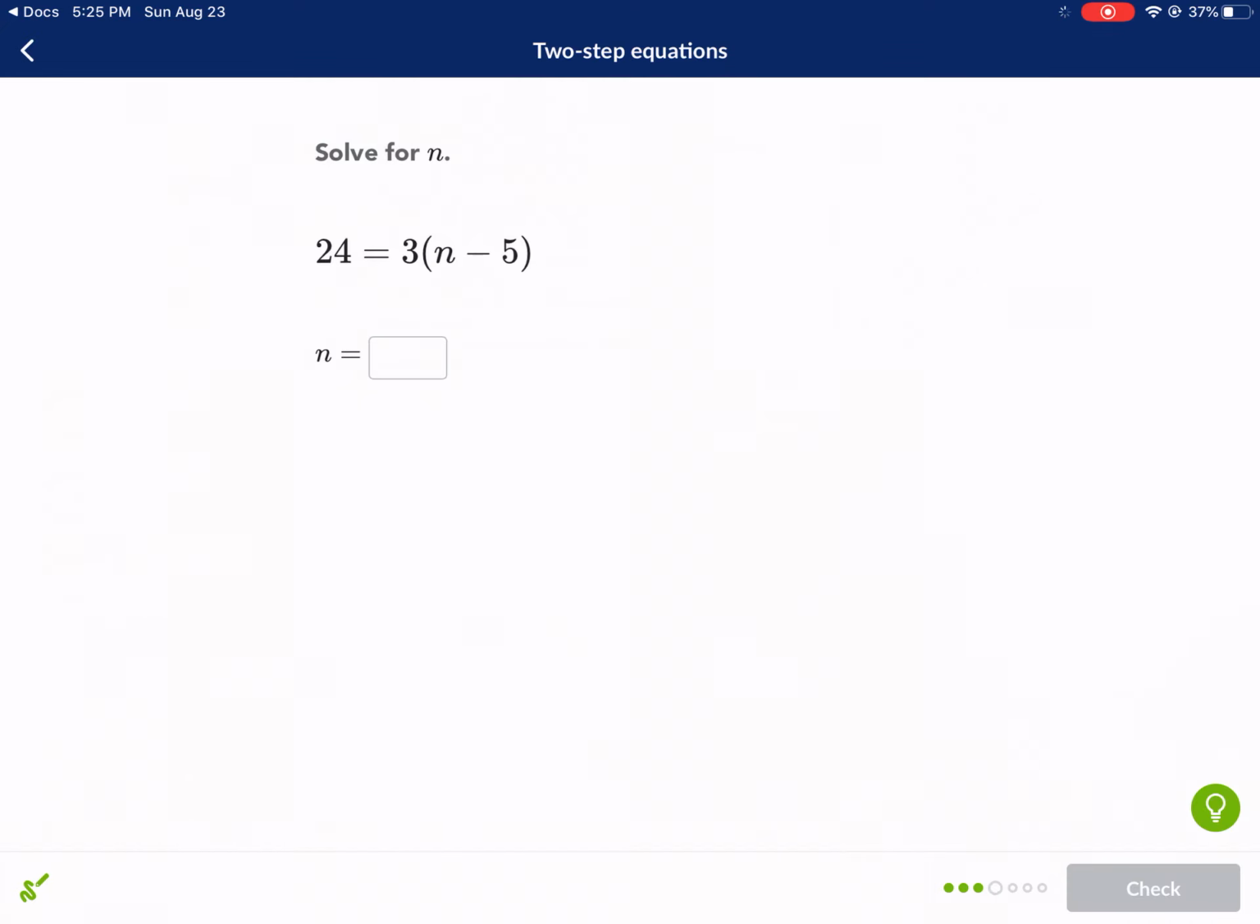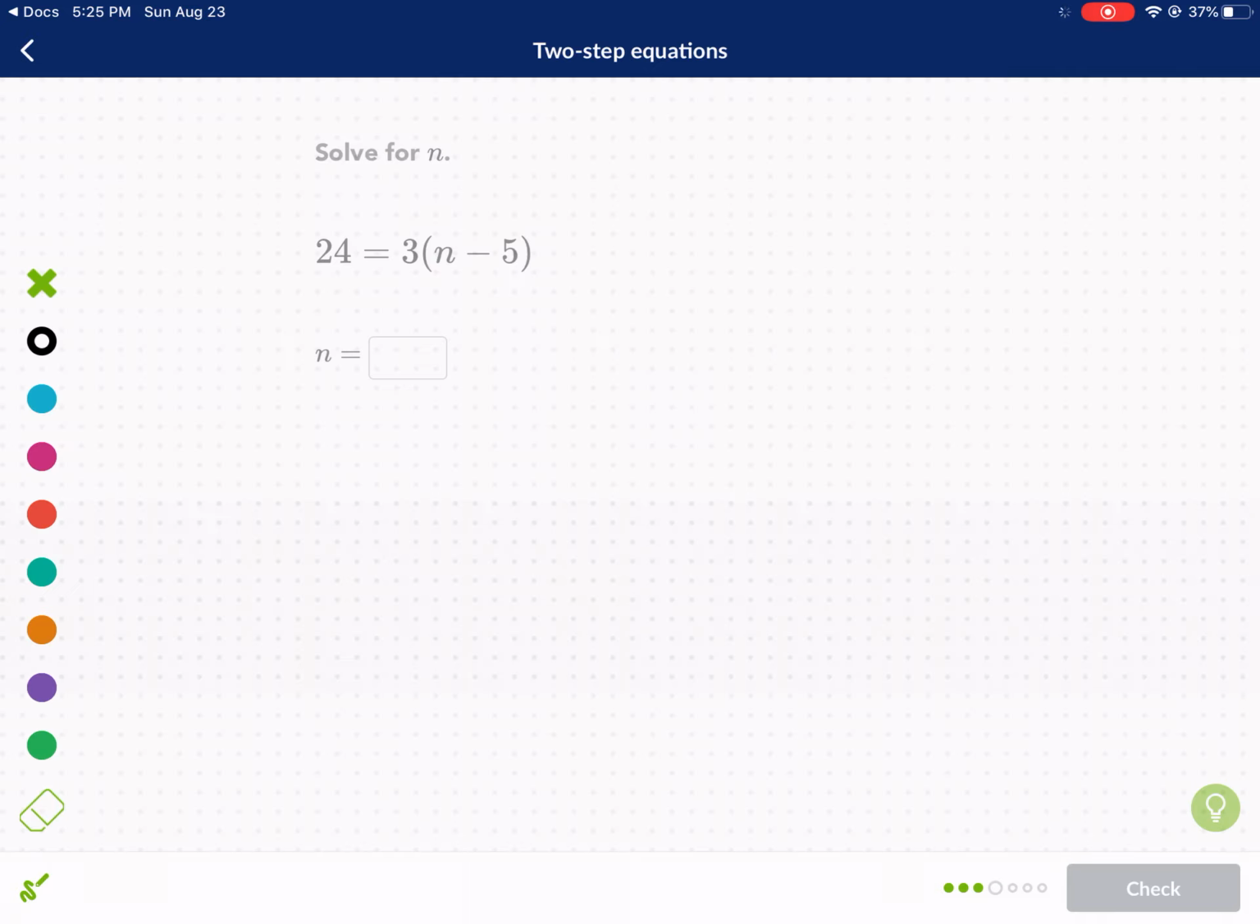Okay, this will be a good one to end on. And then you have 3 more up to you. Here we have 24 equals 3 times n minus 5. Now there's another way to do this. I think it's a little bit more lengthy, but I just wanted to show you, to give you an alternative method for solving. So we have 24 equals, well, the first thing you can do if you want is